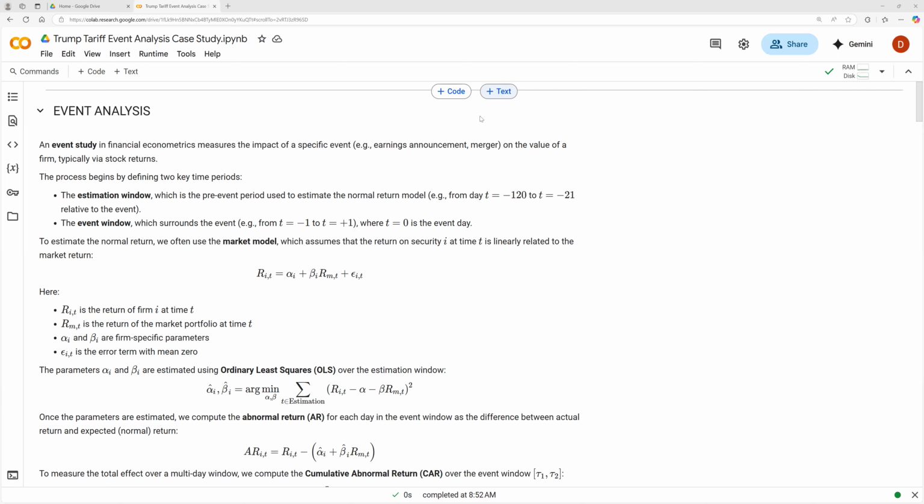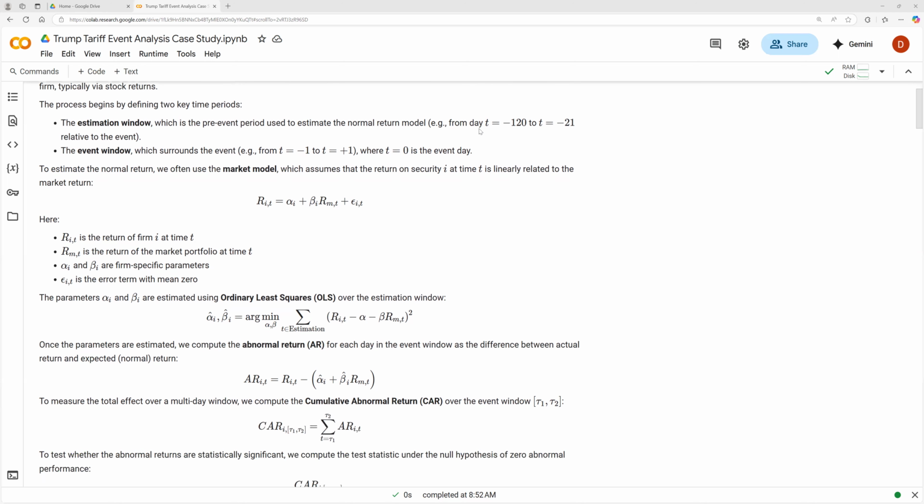Now, to estimate the normal return, we often use something called a market model, which assumes that the return on the security i at time t is linearly related to the market return. Now, the market return is the S&P 500. For those familiar with regression, this should be somewhat simple to understand. R_it here is the return on the firm,